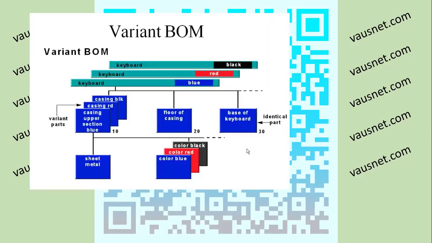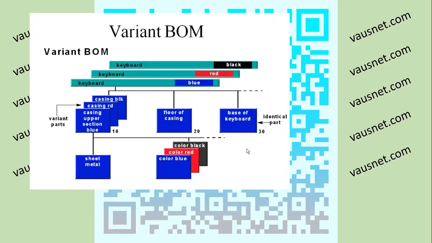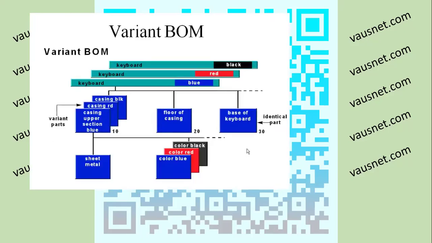Variant BOM. Now, variant BOM, coming to that, we were actually looking at multiple BOM. Now we have variant BOM. We are creating the same thing, which is a keyboard, but we have variants like black. We have more than one variant. In this, we have two alternatives. For example, here we have more alternatives. This is like customized making. So we actually have a particular category for variant BOM, where we have the option to produce black, red, and blue